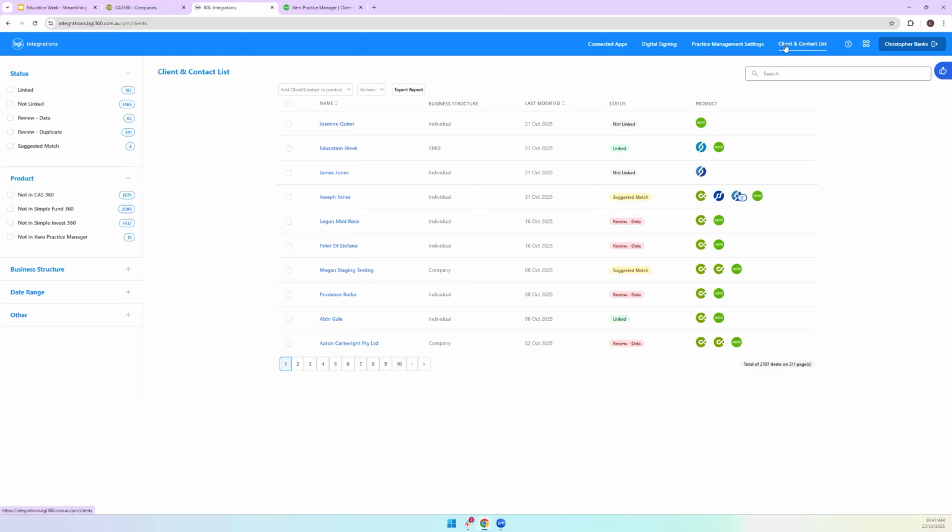So our next screen, once we've got everything synced, you can see up in the top right here, it's the client and contact list. This is where all of the clients and contacts that we have in all four connected products are stored. We have various different options on the sidebar here, but just going through on the main screen, you have all your different names for all your contacts, what their business structure is. So we can see Jasmine here is an individual, but Education Week is an SMSF. When it was last modified,